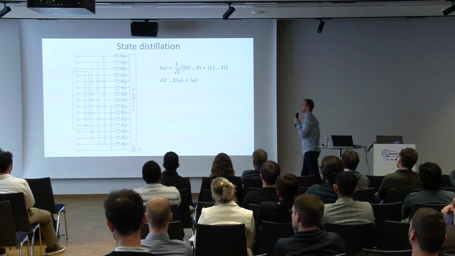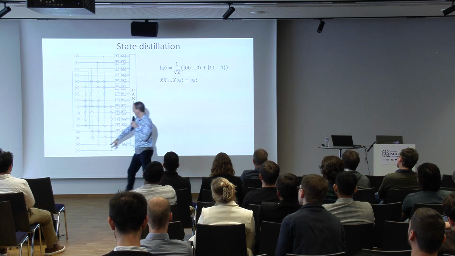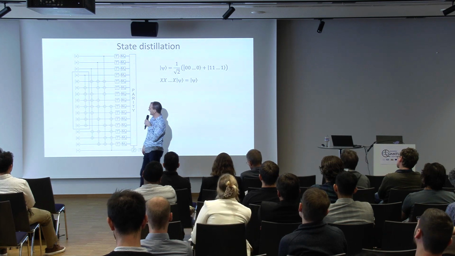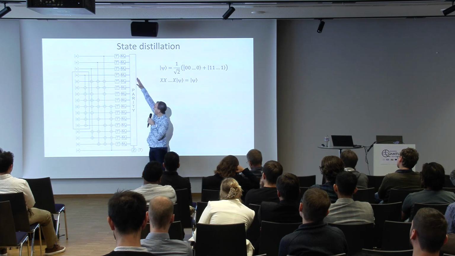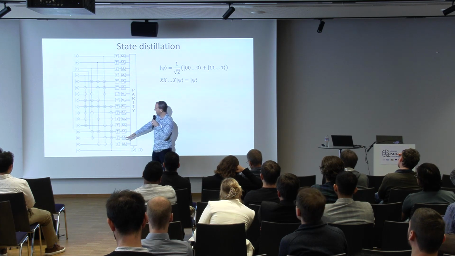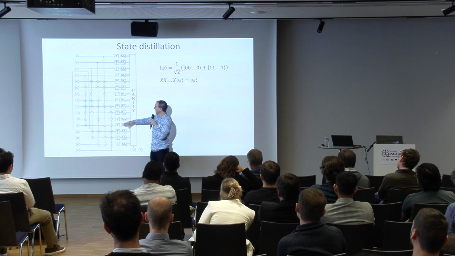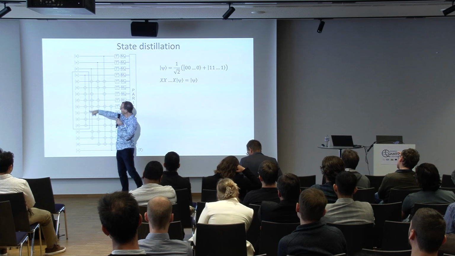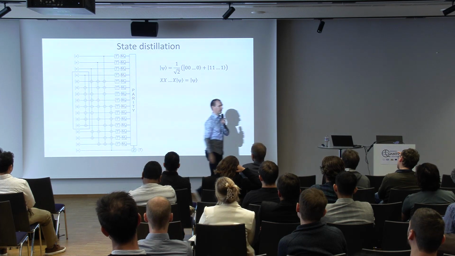So this circuit is state distillation. You take a qubit down here, and what we are effectively doing here is we're creating a logical Bell pair. So here is one half, here is the other half of my logical Bell pair. The other half of my logical Bell pair I have encoded in a code that has a transversal T-gate. So to build that code, I need to use these single control multiple target CZ gates. You might say, aha, there was a slide just recently that showed us how to do that efficiently, but it